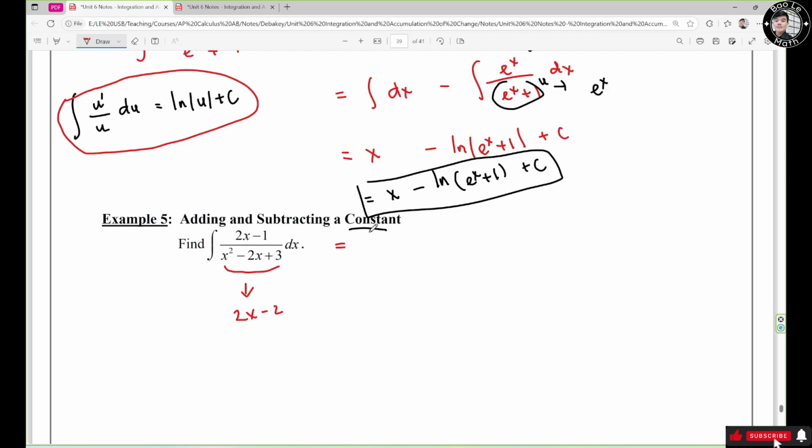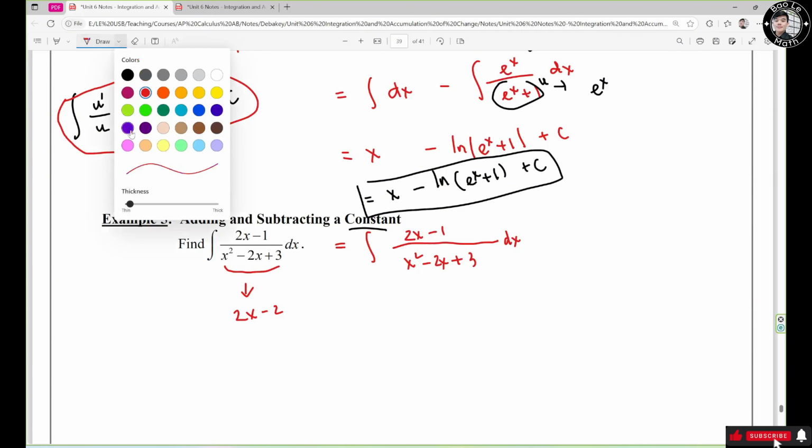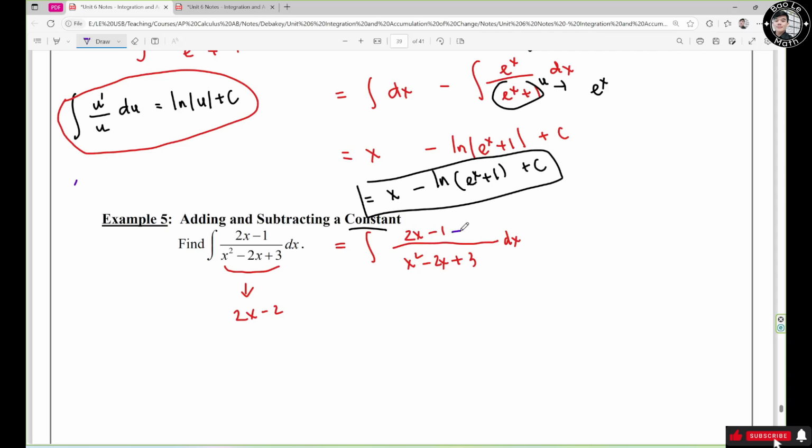So this guy becomes antiderivative of 2s minus 1 over s squared minus 2s plus 3 ds right here. So I can subtract 1 and then add 1,